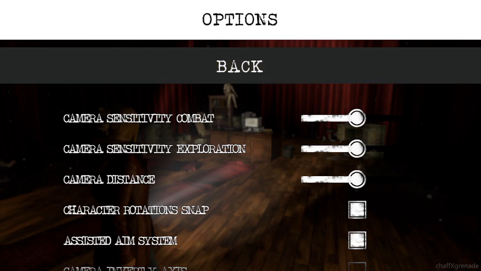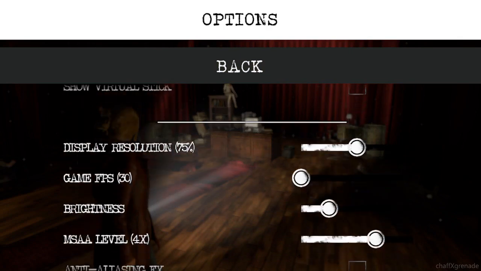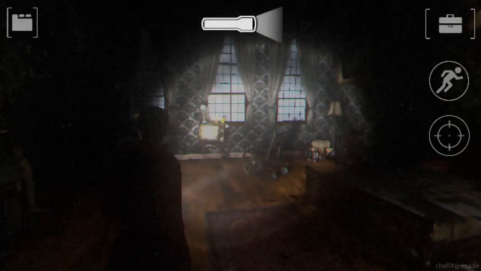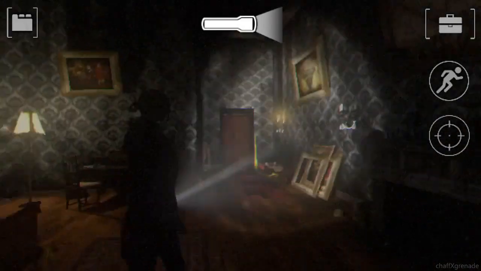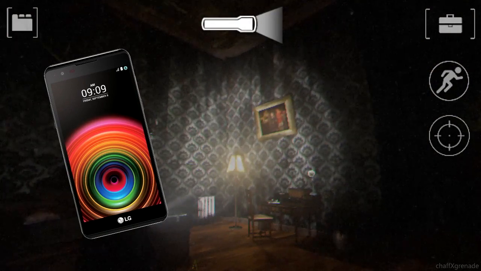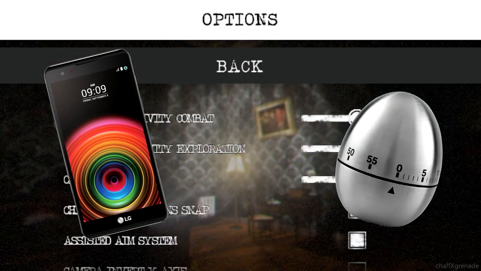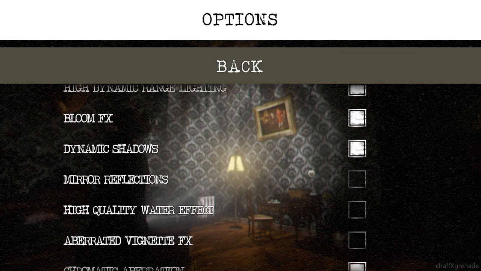In the options menu, underneath some basic visual and control setups, is a list of sliders and checkboxes that adjust the game's graphical quality to suit your needs. The default settings made the game a bit hard to look at, so I figured I'd make some adjustments. My current smartphone is an LG X Power, which is about as powerful as an egg timer, so I definitely had to experiment with the various settings to find a more or less ideal graphical setup for